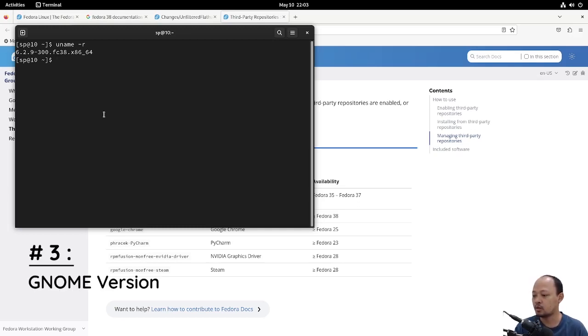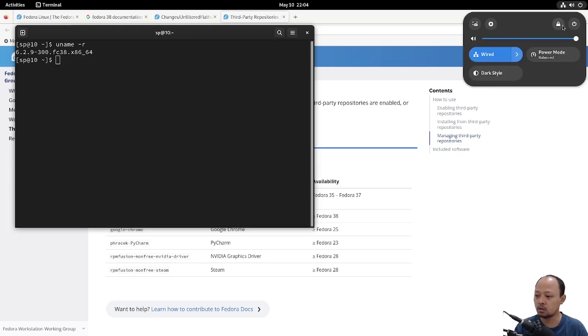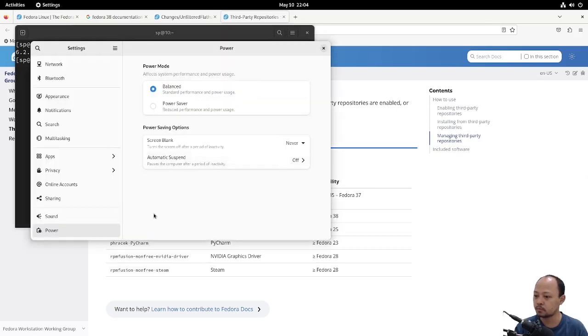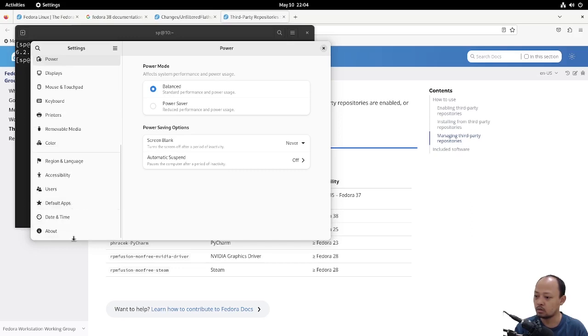And then we will go to the third feature, desktop environment upgrade. If you download Fedora 38 Workstation Edition, which is the official Fedora release, it will be bundled with GNOME 44. I will check it in the settings menu and then go to About.